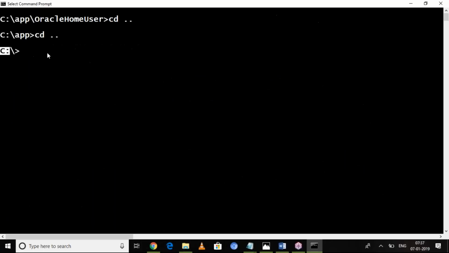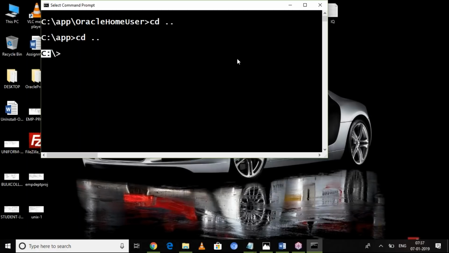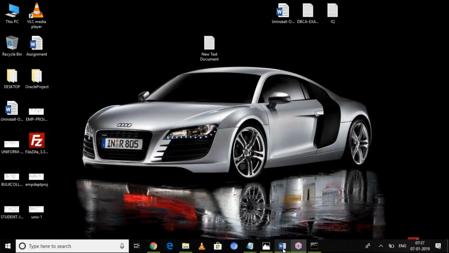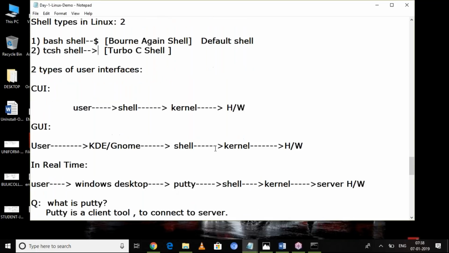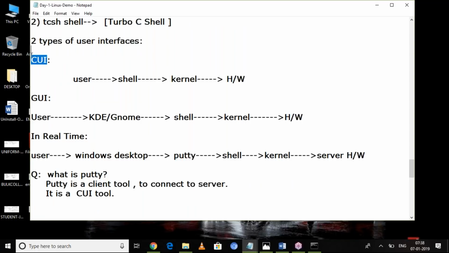Yes, we are working. I hope you understand. So in Windows, we can work with the command window as well as with the desktop. Similarly, in the Linux operating system, we can work with two environments. One is CUI, another one is GUI.